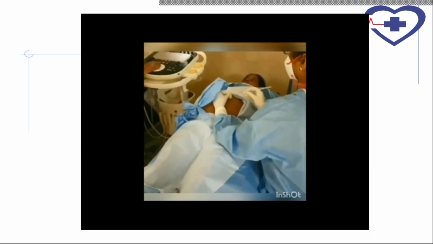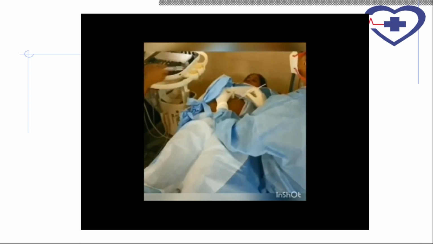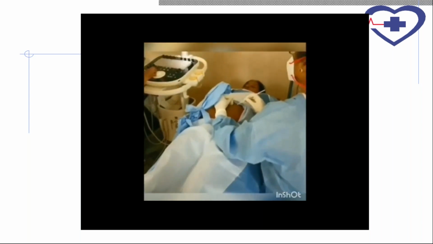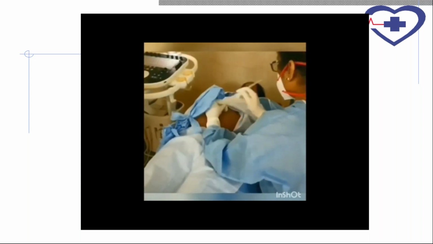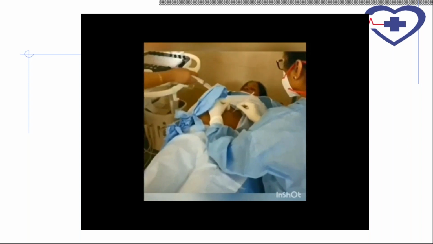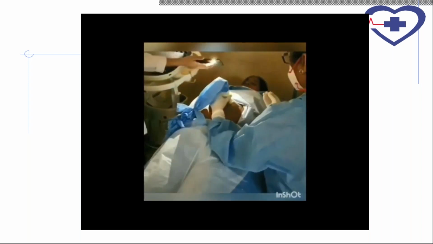Because these antibodies are already there in the maternal circulation, they are crossing the placenta and going to the fetal circulation. The anti-D which we give is IgM. They are large. They cannot cross the placenta. So there is no use, because now the mother's circulation has started producing IgG from her memory cells.